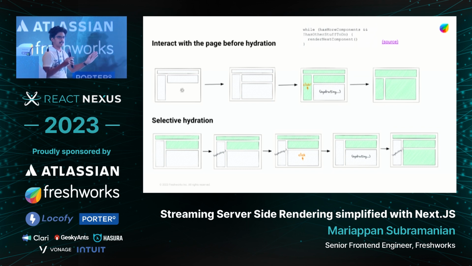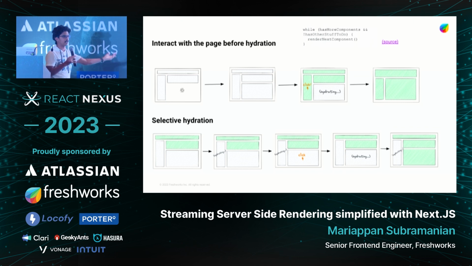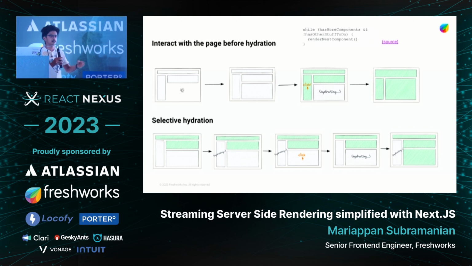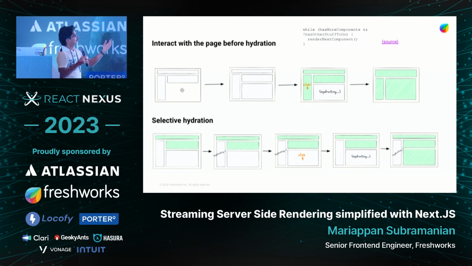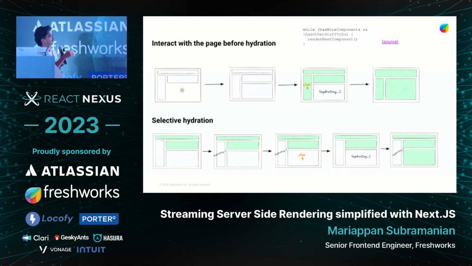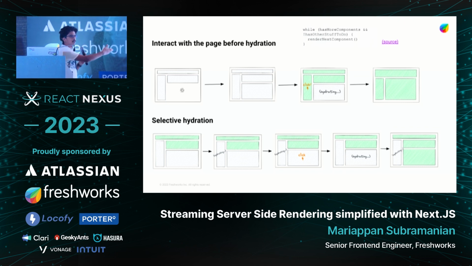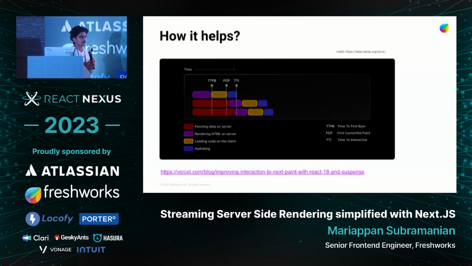It just checks if it has more components, and if it doesn't have any other important stuff to do, it renders it. Otherwise, it just focuses on the important stuff. So you can think of this "has other important stuff to do" as a flag which React keeps toggling, and based on that, it decides which one to hydrate first or which one to process first. So how it actually helps is,